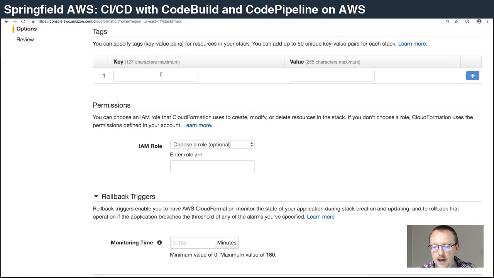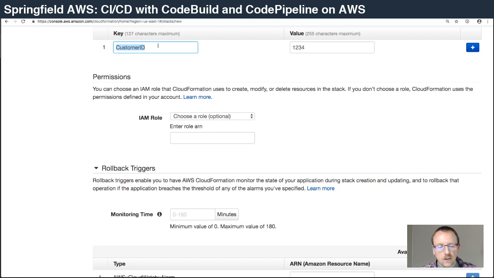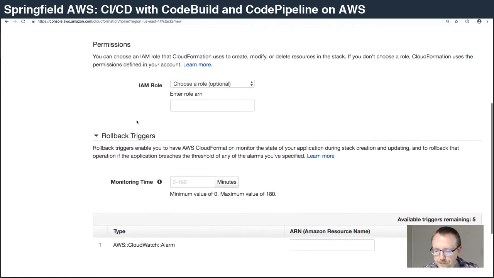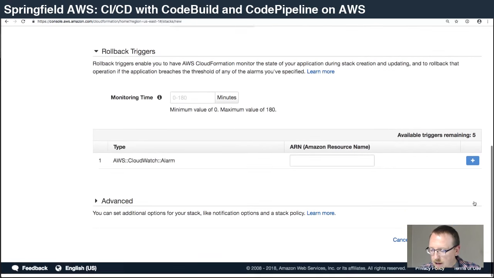People will also tag by customer a lot of times. Because of the way our infrastructure works, that doesn't really make sense for us, but if you're hosting a ton of different projects, one-off stuff for people, and all of a sudden one customer's expenses just explode, it'd be good for you to be able to see that. So your key would be something like customer ID, and your value would be 1234, or whatever their ID is. You could also use domain names or customer names or what have you, but consistency is key here. So you would need to tag the exact same thing everywhere. But like I said, we're going to skip over this, so I'm going to leave that blank and click Next